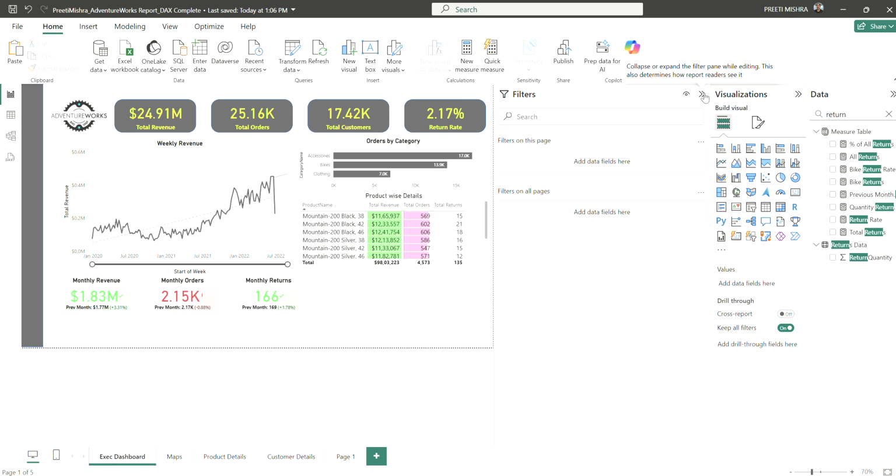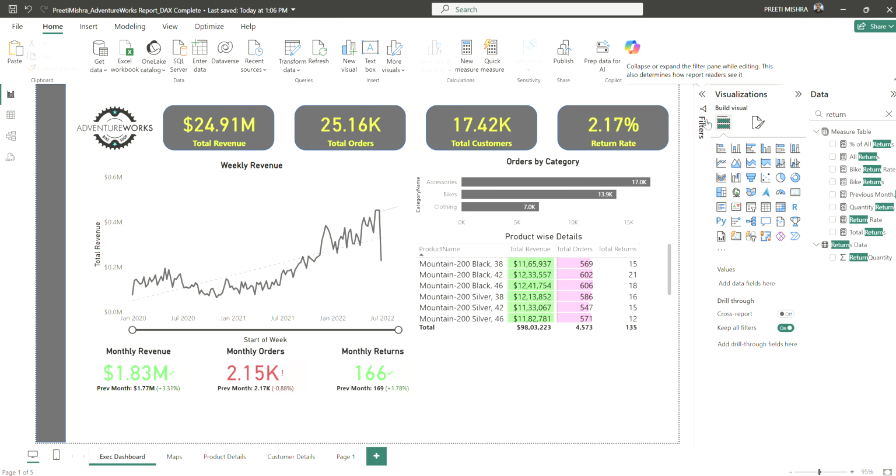So in this demonstration of ours, we are going to have a look at how we can create a card visual along with applying the filters. Our intention over here is to give the names of top performing products, the products which have the most returns, and the top revenue generating customers. So let us go ahead with that.